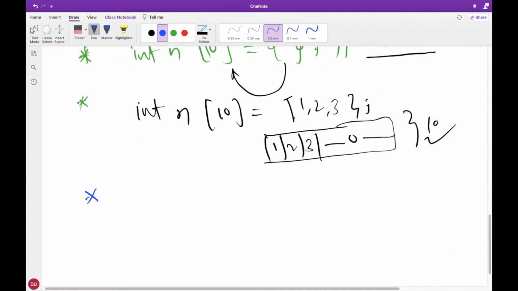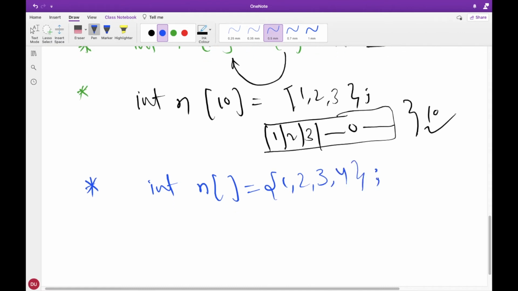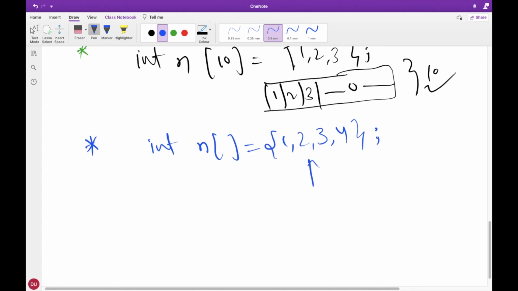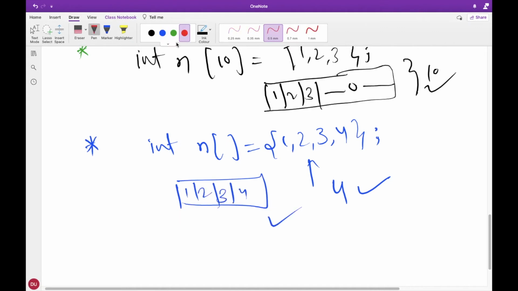There is one more concept. If you have declared an array like this, int n[], leaving its size, and then provide 1, 2, 3 and 4 in the initializer list, the compiler is going to make an array of size 4. So it will be like this: 1, 2, 3 and 4. Clear?